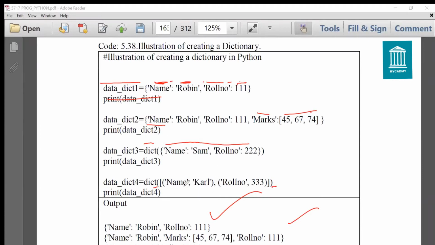Name, Carl, with comma, roll number, 333. So this is another way. So these are the four ways by which you can create dictionaries. According to your choice, you can use any of these four methods. You can take a screenshot and see it later on how to create a dictionary by using these four methods.